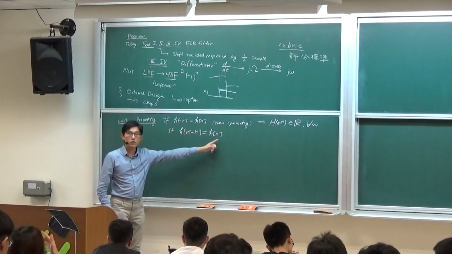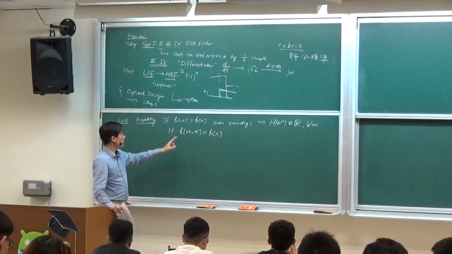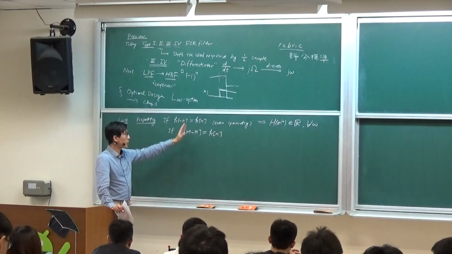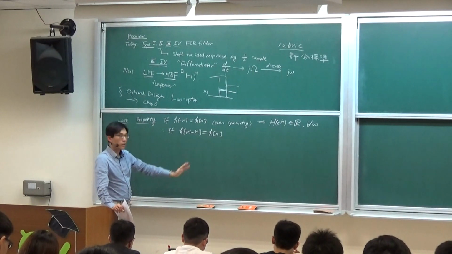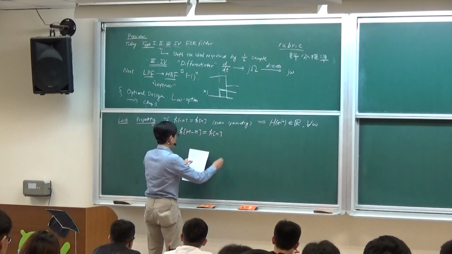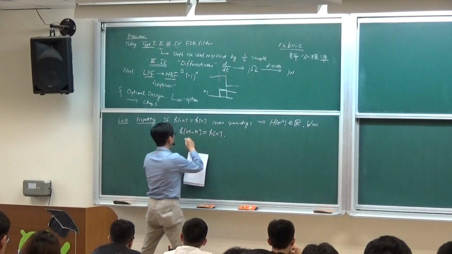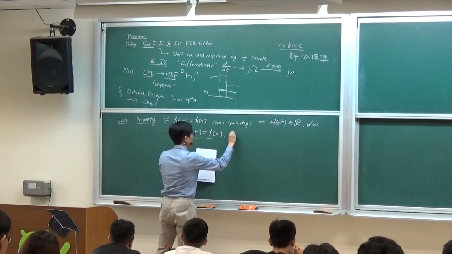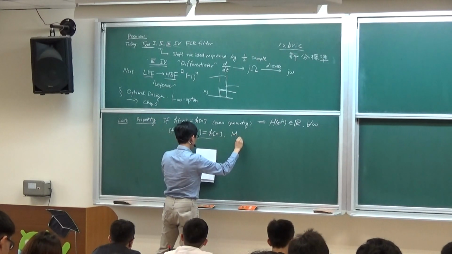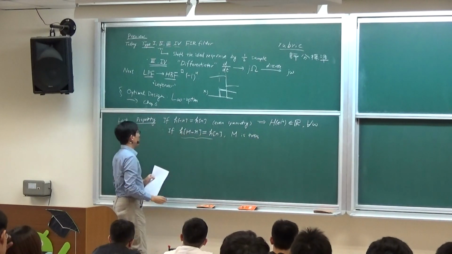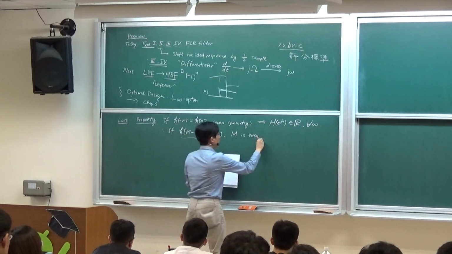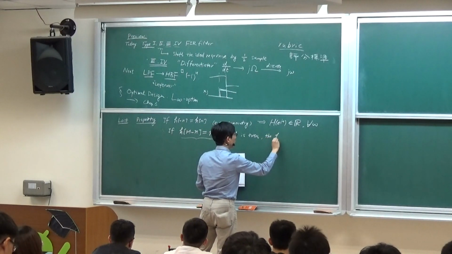It's minus n and n here, right? So this response is symmetric around time m divided by 2. Is that clear? Okay. And if this relation holds and m is even, then this h of n